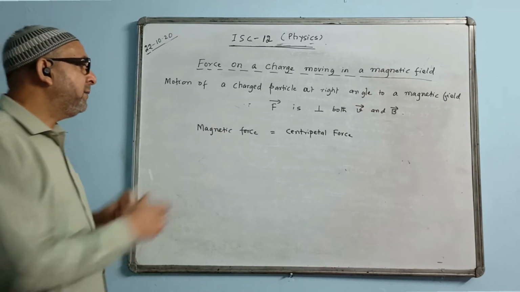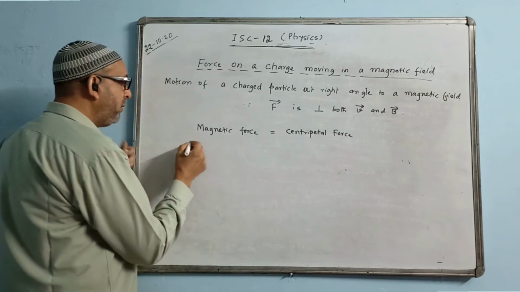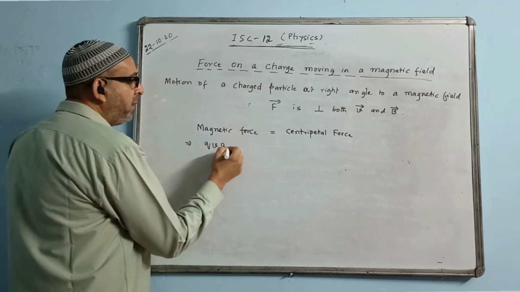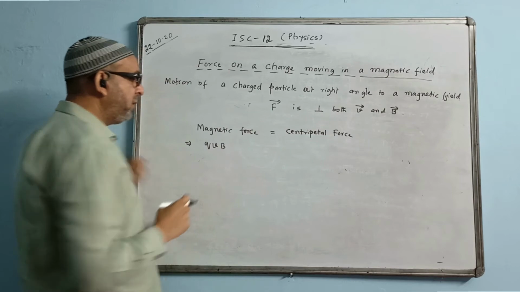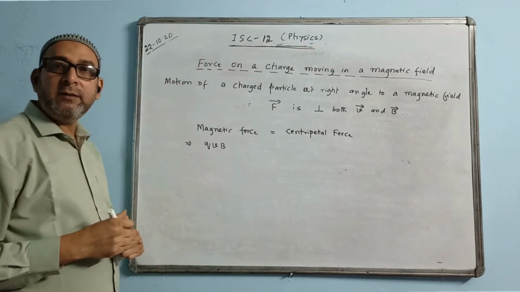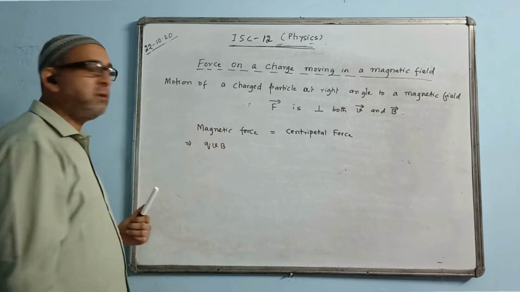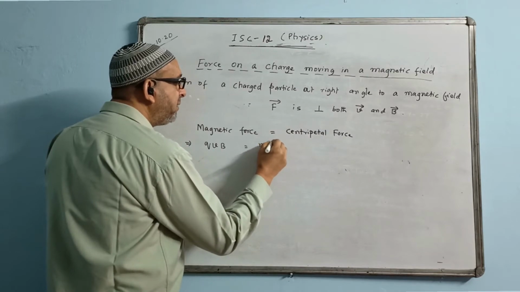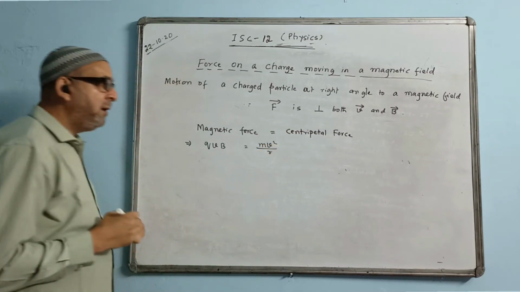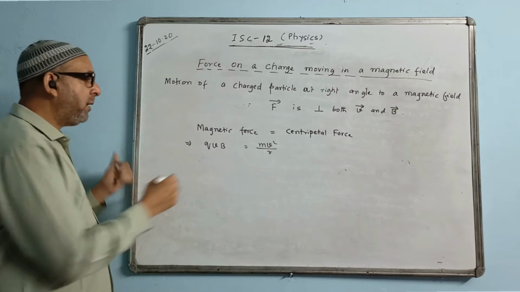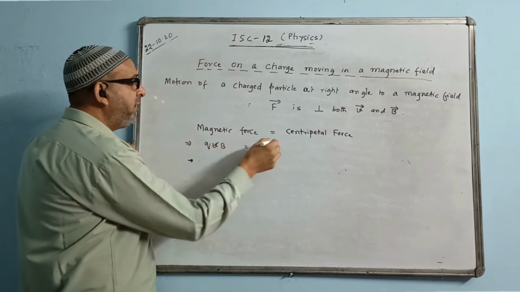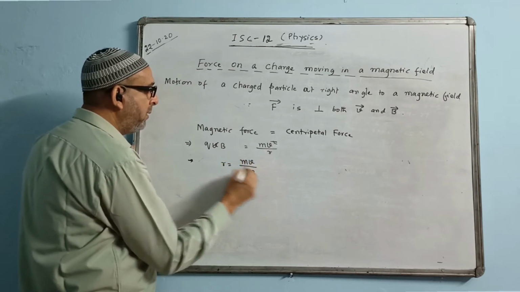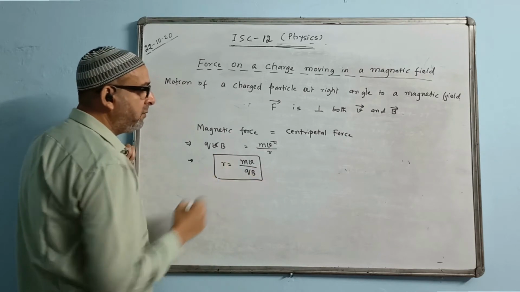That way we say. So magnetic force is equal to centripetal force, and the formula for magnetic force we know: qvB sin theta. qvB sin 90, because right angle is the case. So sin 90 is 1. If you write it, well and good; if you don't, it is okay. Just write qvB maximum. And the centripetal force formula we learned in class is mv squared by r. Now you can cancel one v, and making r the subject of the formula, it becomes mv by qB. So this is the value of the radius.